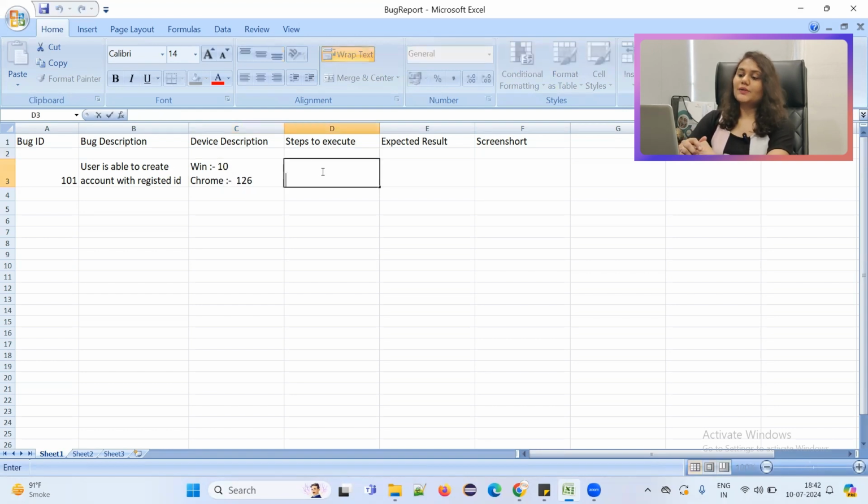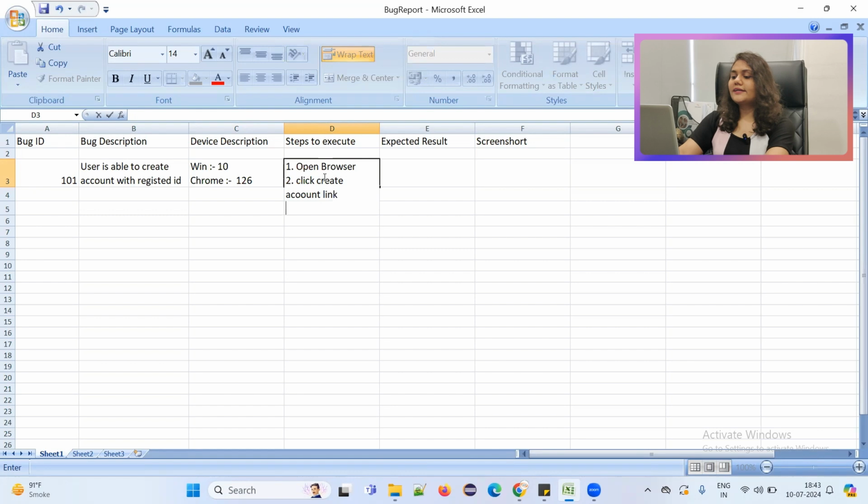Then you have to follow steps to execute. First, take one: open browser. Now for coming to the next line, kindly press Alt and Enter together. If you press Alt and Enter together, it will take you to the next line. Then second, click Create Account link.